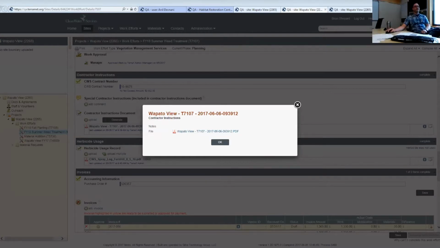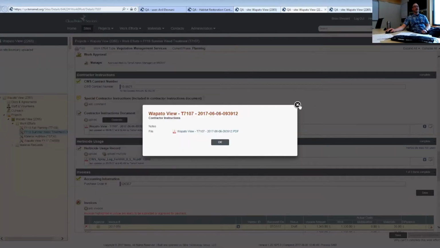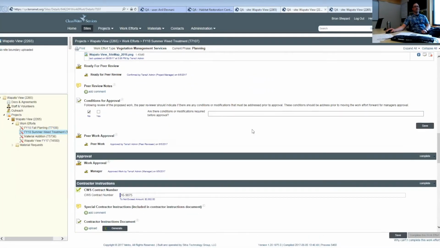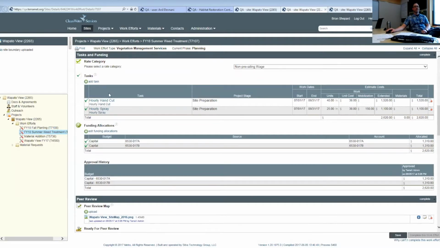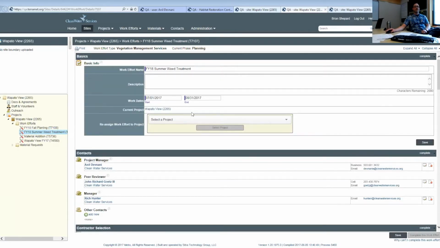Interesting. Yeah, I guess it says that I need to move this away from the shared application. So that's interesting. Well, I'll close that. And essentially all of the information that we've entered, this contract number, the tasks and the rates, and then going all the way back up to the basic information, the start and end dates,